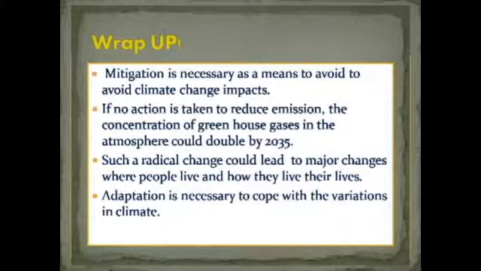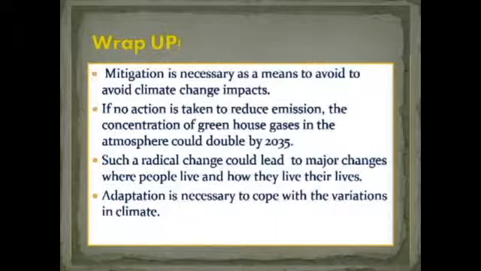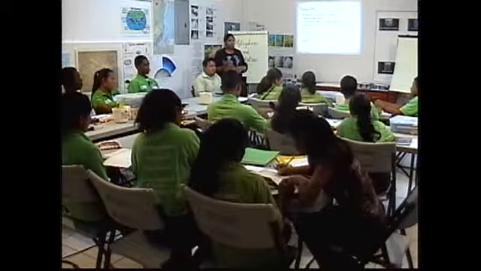Right? Now, to wrap up our lesson, let's review some of the main concepts. We talked about mitigation. What is mitigation? Mitigation is when first world countries try to stop the release of gases, at least by a little, so that the other countries can adapt. Okay. Instead of using the term first world countries, what's another term that we can use? Developed, and I use that term that begins with W, wealthy countries, right? So mitigation refers to how these wealthy countries can reduce the amount of carbon emission.